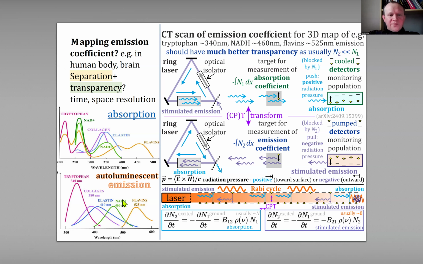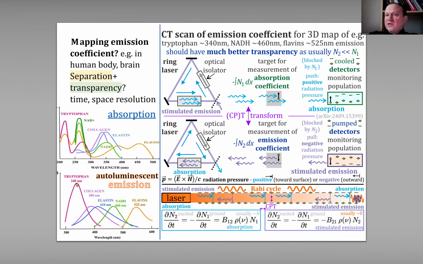So for example, NADH. This is crucial for the Krebs cycle, so it's for metabolism to make energy. Especially this one. In theory, we should be able, with this kind of CT scanner of emission coefficient,